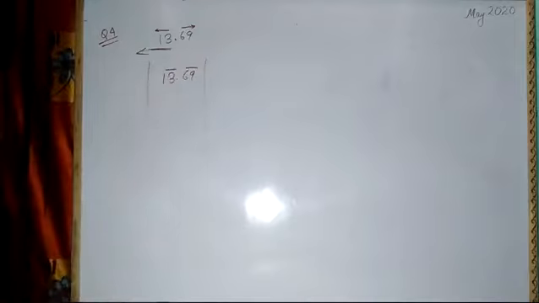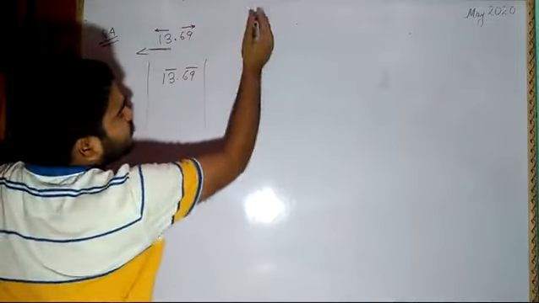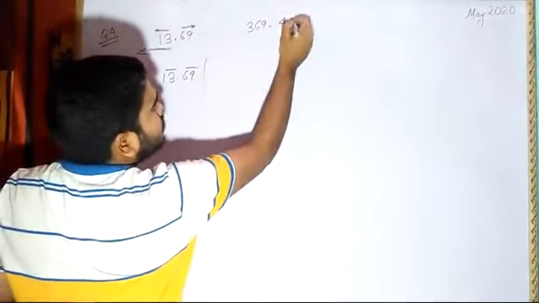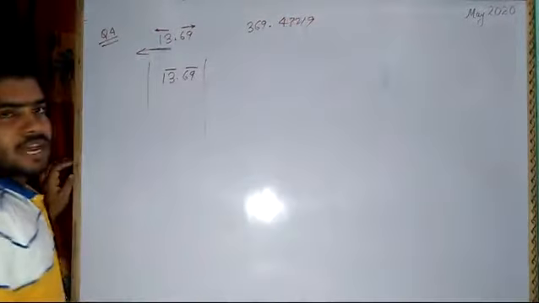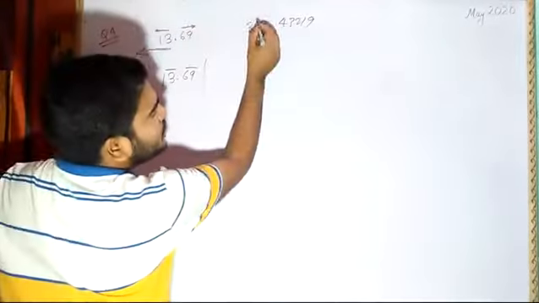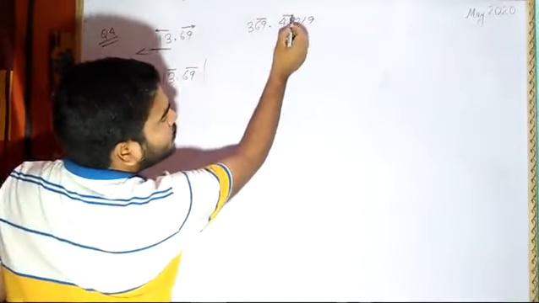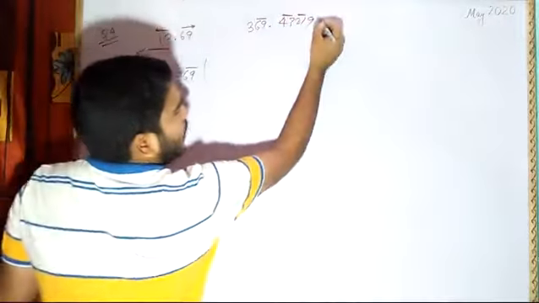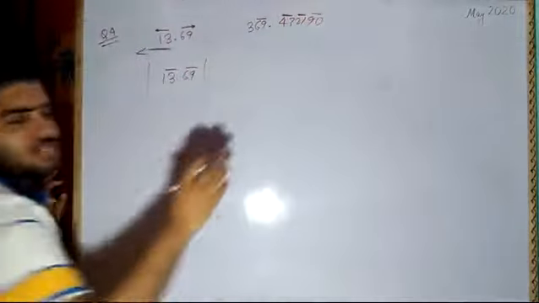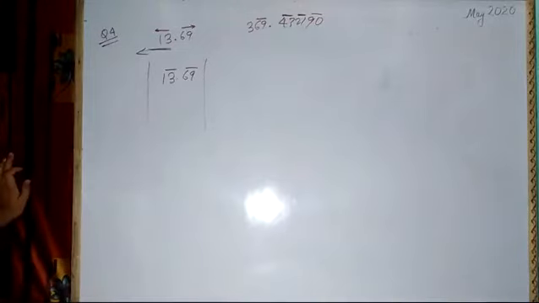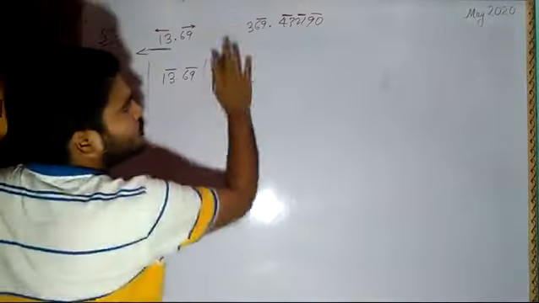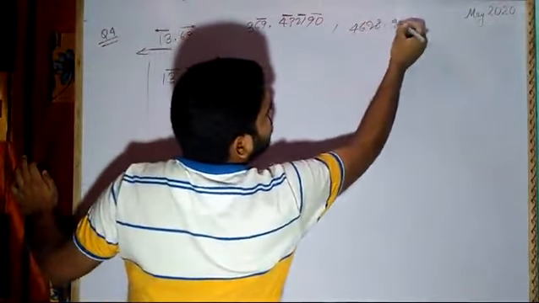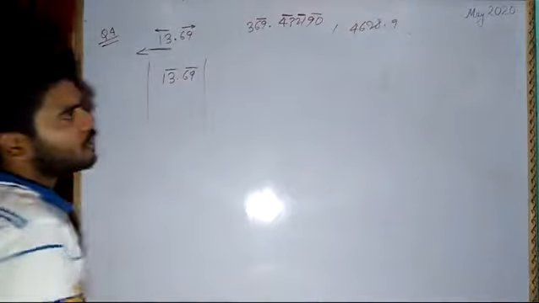Now before this, I will take a few more examples, like 369.43219. Like this, I have a number. Then how are we going to group this number? These two, from here 2, then 2, and 1 will be left aside. Now I can put 0 also to make it a group, because after the decimal we can put n number of zeros. Here I am having no numbers. Like this, if I have 4628.9. Now how am I going to mark this?